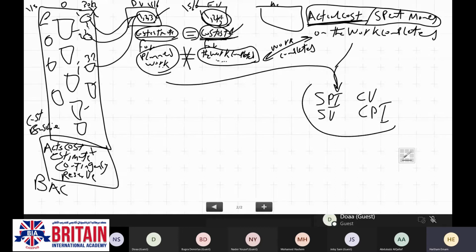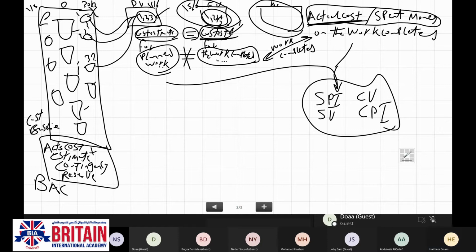Based on this, and based on my performance, I need to estimate the cost at completion, because maybe I have exceeded the budget which is allocated for the whole project from day one.